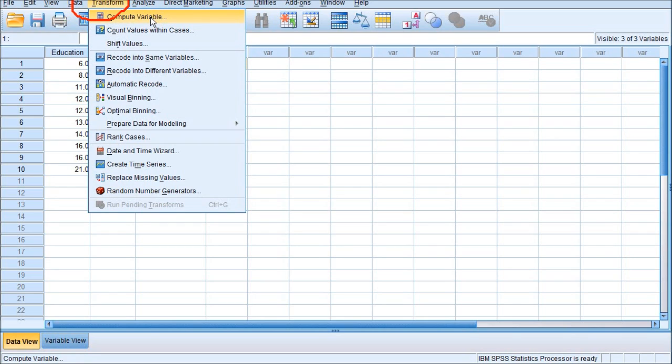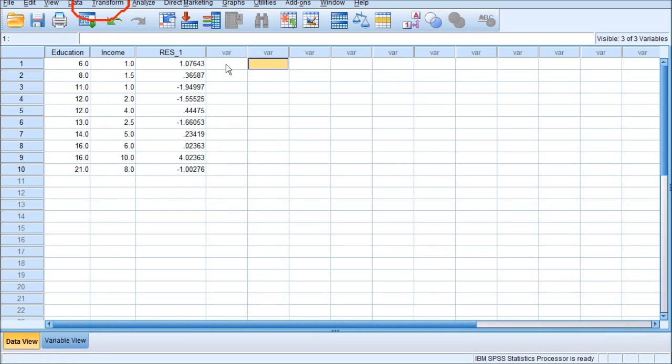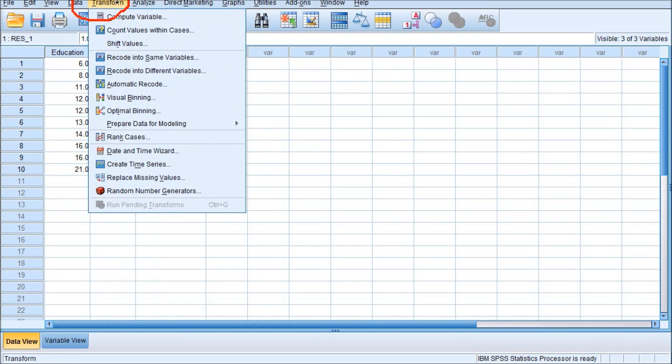We are going to generate a new variable by doing some computations. Okay, we are going to calculate. Generate a variable here by squaring this value, right? So, Compute Variable.